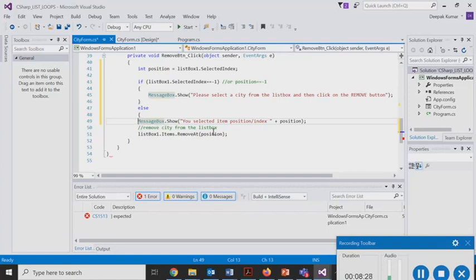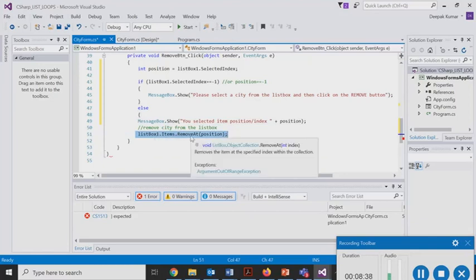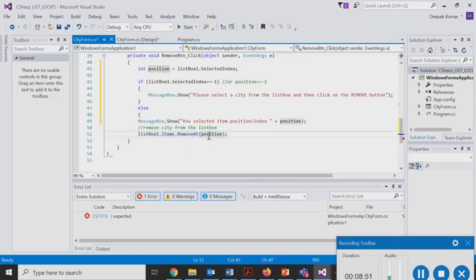So obviously this message displays the position, as you can see, and this statement over here removes that item using the RemoveAt function, or you can call it the RemoveAt method, which takes position as a parameter.